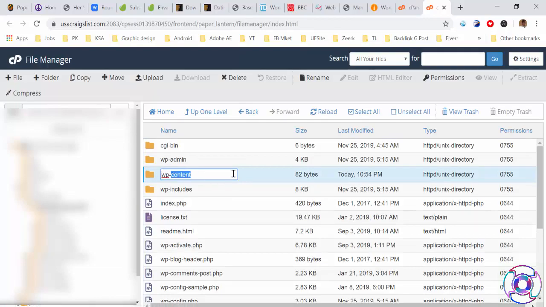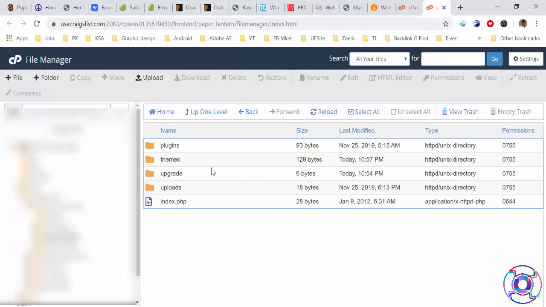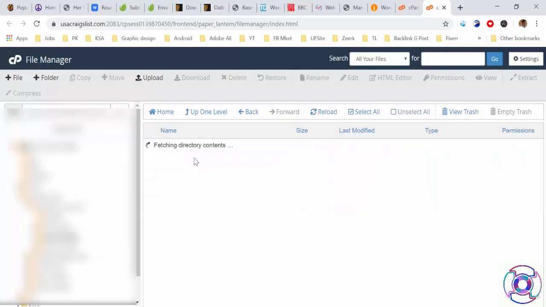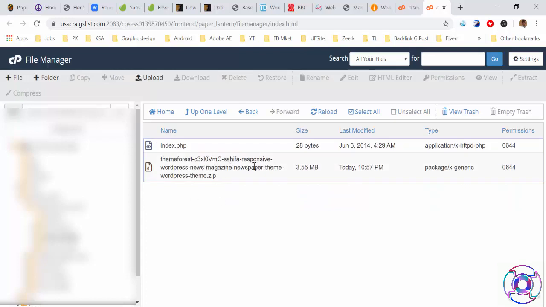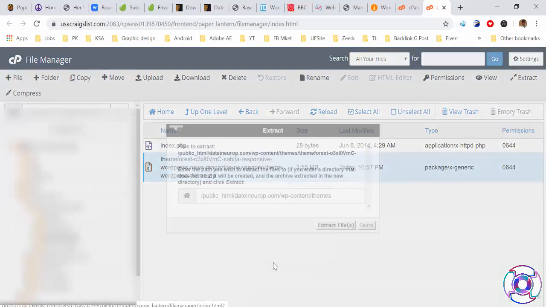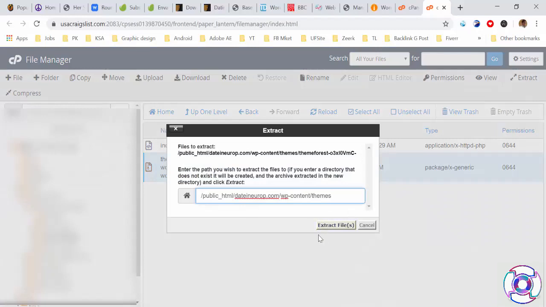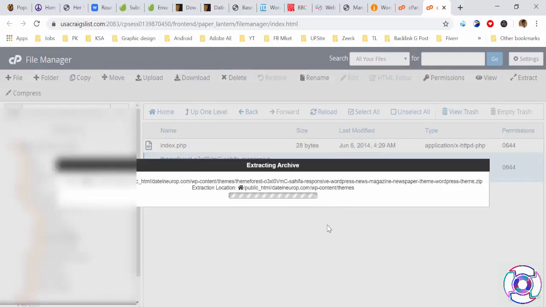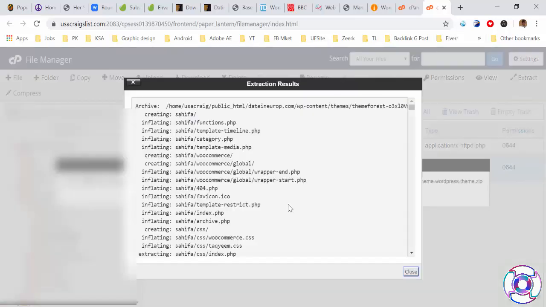WP content and theme. See, this theme is 3.55 MB. If you click here and right click on extract, then the same, extract file, and wait.